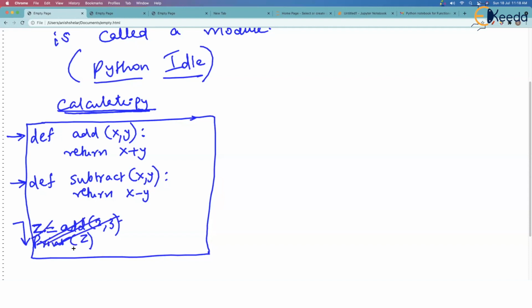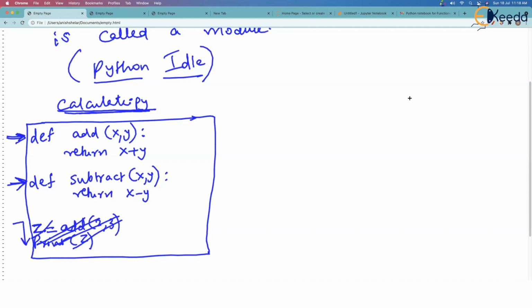What I am claiming is I have not written any such code. I have only defined two functions in this file calculate.py. That means there is no sense in executing this calculate.py because functions won't execute on their own, and I have not called the functions. I have not written the main script at all. Then why have you written this calculate.py, which contains only two functions, add and subtract?